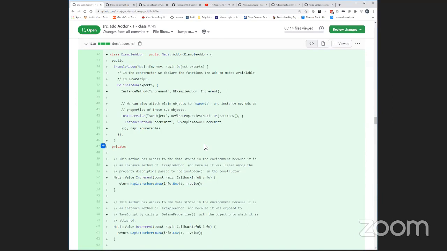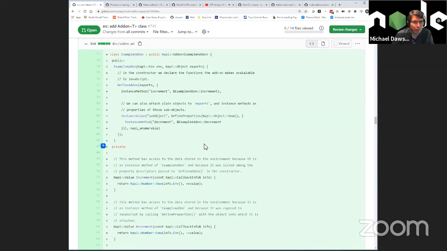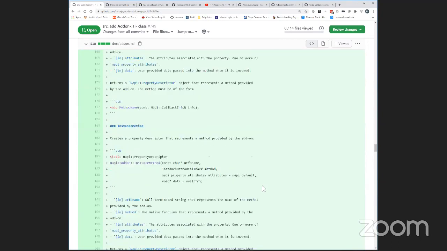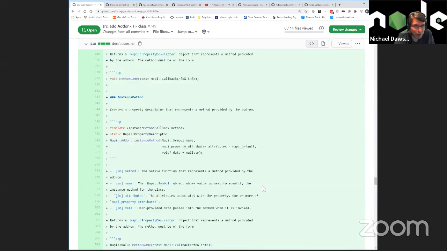But if you're going to call nappy get instance data anyway, then you might as well just make it an instance method with this change, because you're going to be paying that price anyway. And this way you avoid passing a template parameter to nappy get instance data, which may or may not be wrong. So okay, yeah, that's the change. Okay, well, it's good to have that context. That'll help.